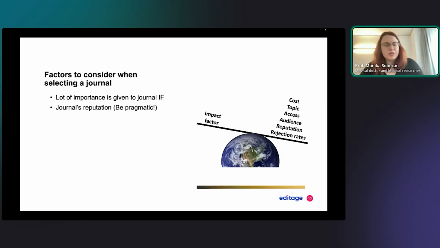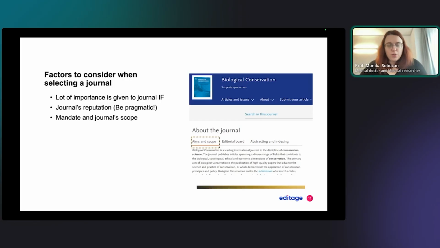Then think about the topic, the most important part. Look really at whether your topic fits in the journal, as well as the audience: does it fit with the audience that I want to address? Furthermore, look at the scope and aims that are written out in a journal itself. So, not only what is getting published in that journal, which I like because it is easier to comprehend. Is my research in line with what is getting published? But also what is written out as the aims and scope of that specific journal.